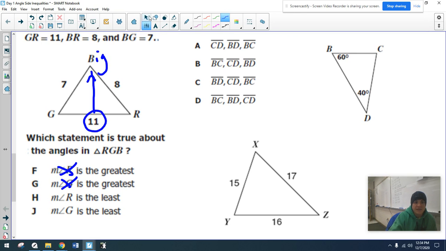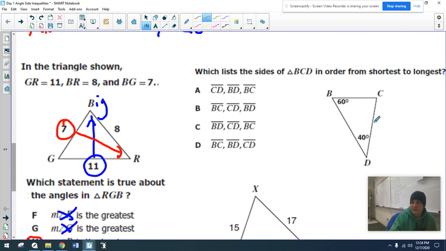So now we're looking at the least. If you want to find the smallest, you go across from your smallest side. So R is going to be the least. Okay. This one, sides order from shortest to longest. If they leave an angle out,